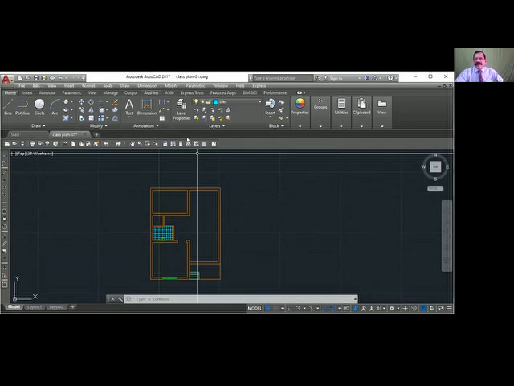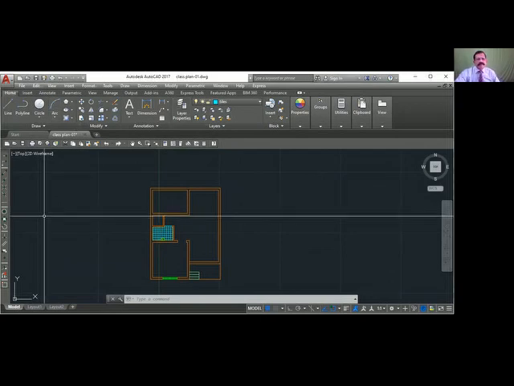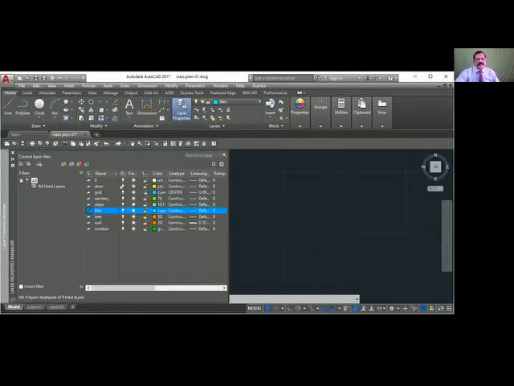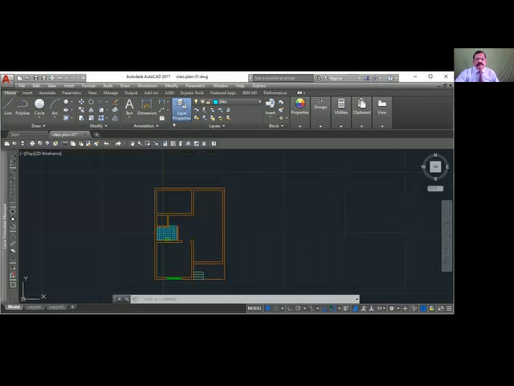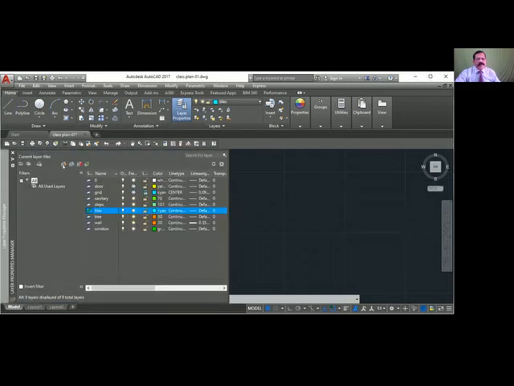So always create a separate layer. So I want to create a new layer. New layer.